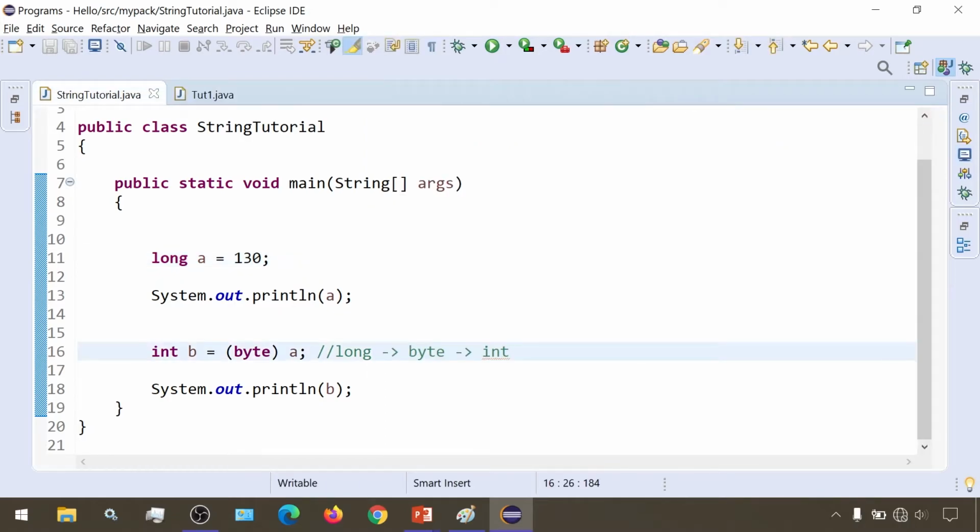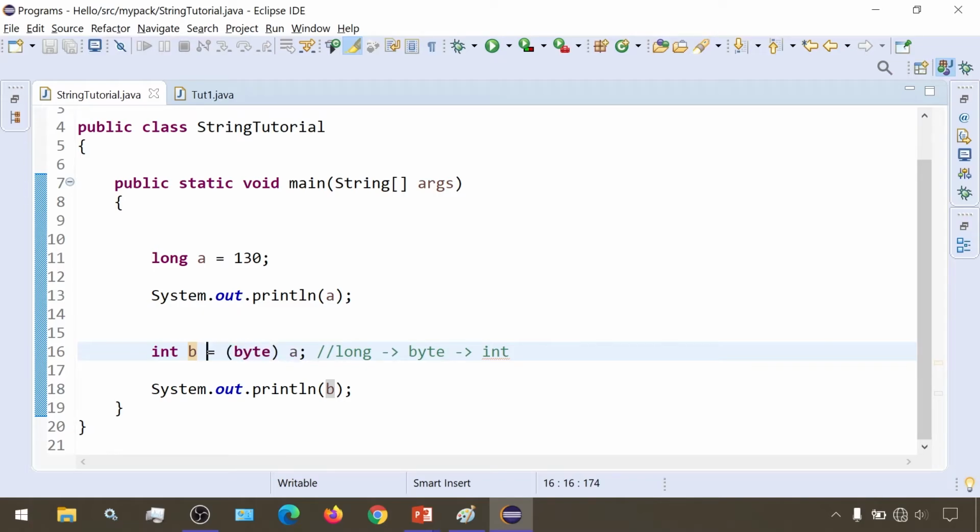As I said, we are first converting it to byte. So the compiler won't bother about what is happening here. The operation it has at hand at this moment is convert from long to byte. It doesn't care what is written here. It won't look at that at all. It will just first see that it needs to convert this long variable to this byte variable. So it will convert it.